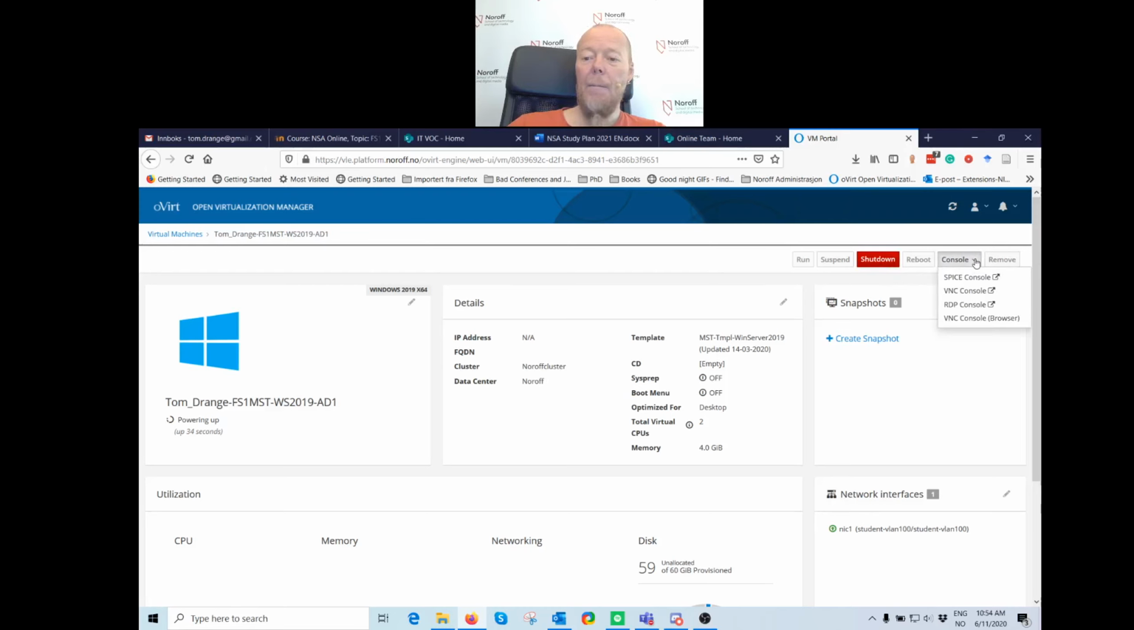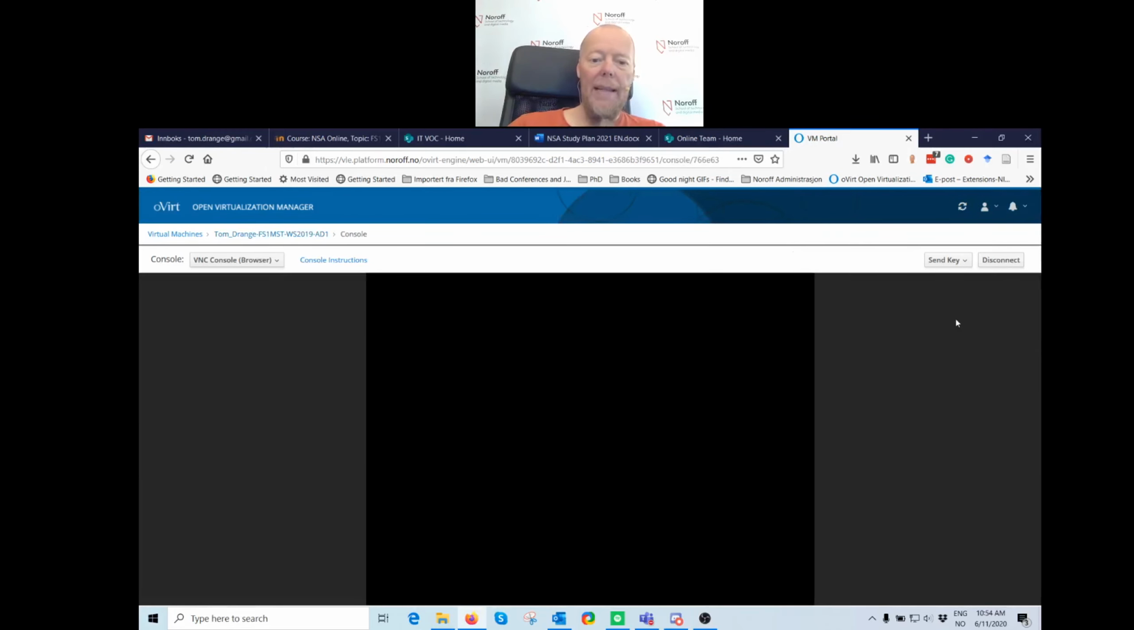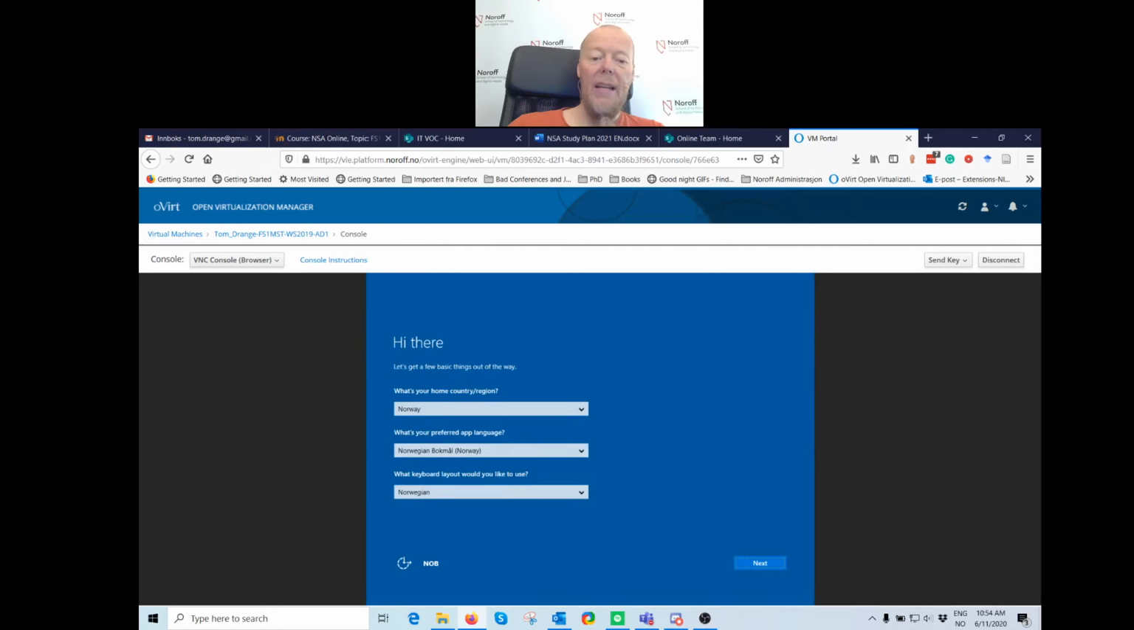So hit that, and you can see that we have a VNC console browser, which means you can run this in the browser. So hit that, and your browser will show you the boot up. And basically this is a new virtual Windows 2019 server, and you're going to have to configure it. It's ready installed, but you're going to have to configure it with